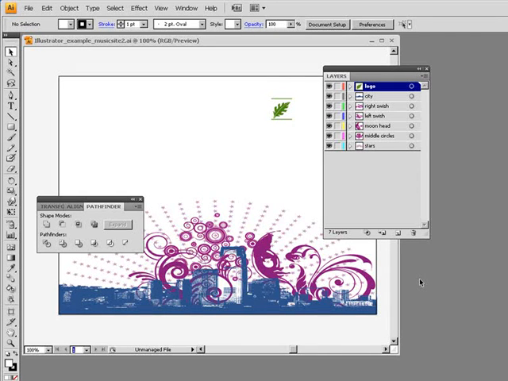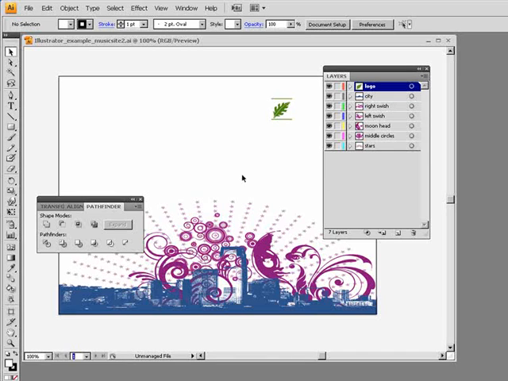Okay, in the next couple videos, we'll talk about how to bring different types of artwork into Flash, as well as how to export applications or files out of Flash and into other applications. So in this week, we'll talk about bringing things like Adobe Illustrator, like we're looking at right now, into Flash